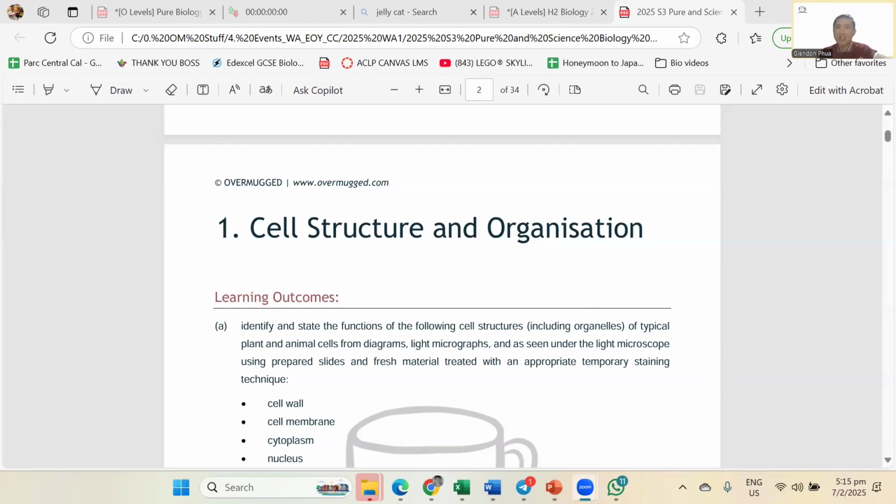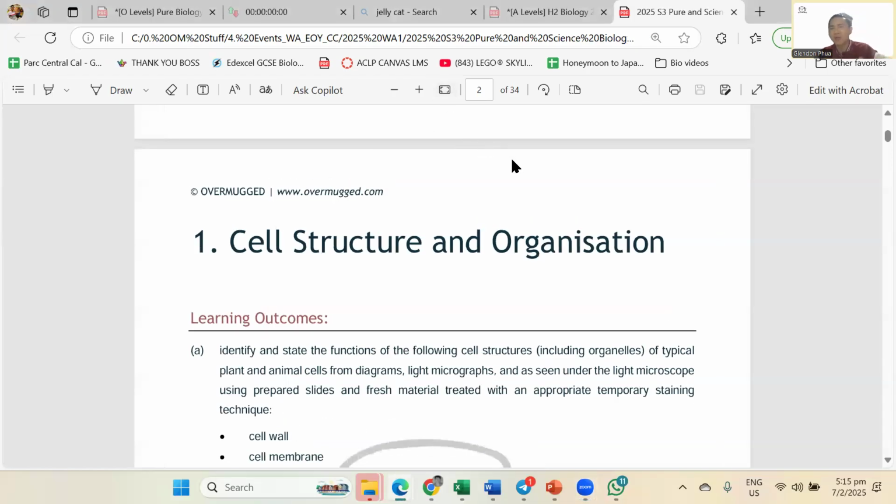Right? Now, cell structure and organization. Wow, this one, Mr. Pua, super hard to remember. It's just pure bio memory work. Everything I hear about bio, I'm going to consider a fact. It is true. It's a lot of memory work for this topic. But I think it's always easy to remember something if it's more interesting.